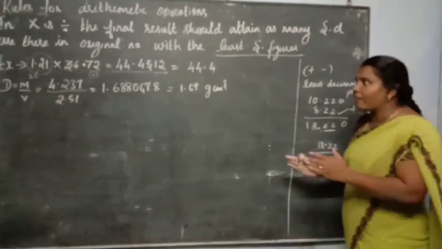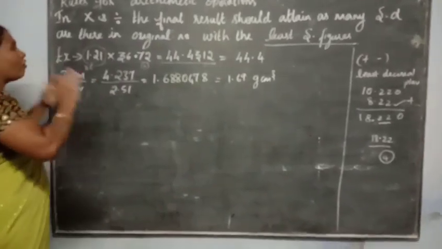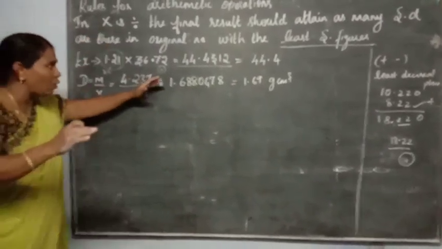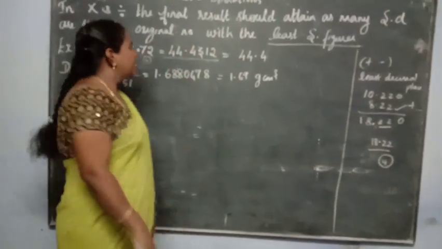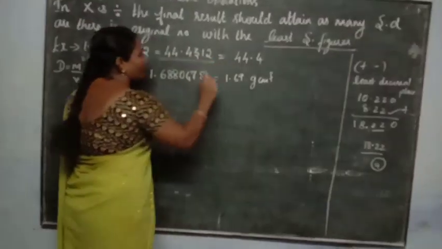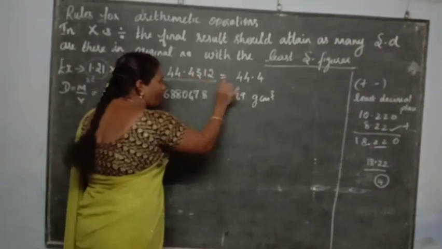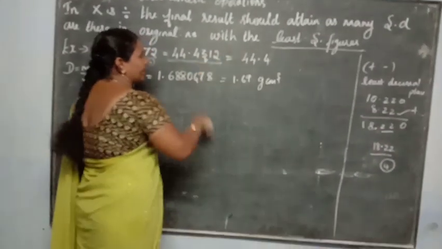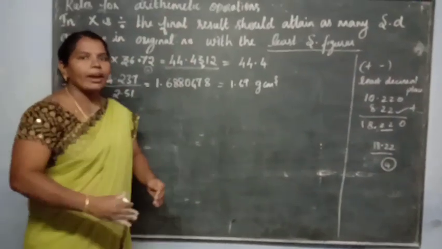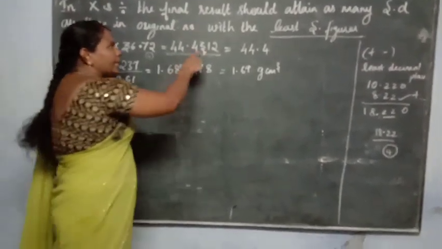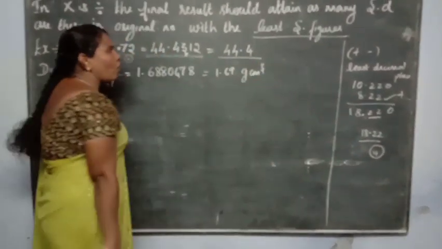Okay. See, similarly in multiplication and division, you have to find the significant digits for each individual value, and whichever is the least should be followed in the final result. See here, these are the values. After the decimal it has a large number of digits, that is 44.4312. Okay, see here, this is the 3 second. See the second digit. If it is above 5 you can add one, if it is below 5 you keep it as it is. Here it is below 5, that is no problem. Therefore you write the answer 44.4.